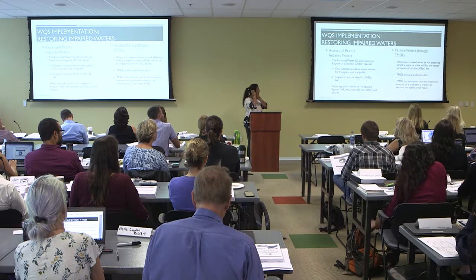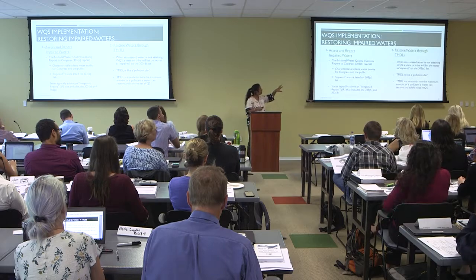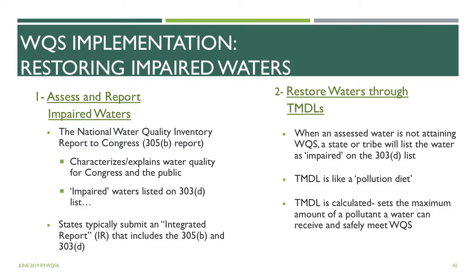And this one is pretty much the same thing. This is when you're assessing and reporting on impaired waters, there are two ways that states do this. It's part of the integrated report. I'm sure most of you know this, but the integrated report will include your 305(b) reports, which is really your assessment of the health of the waters based on whether or not they're meeting their standards. And then that informs a 303(d) list, which is which waters are impaired and need to be in the prioritization queue for a TMDL.